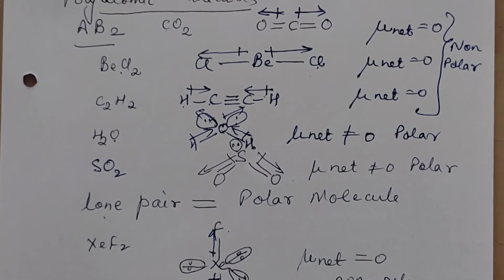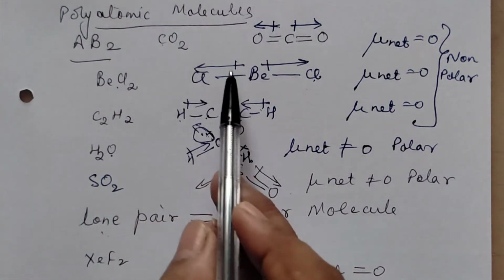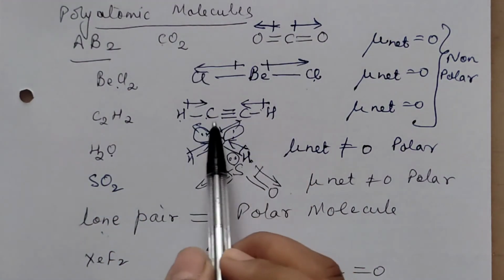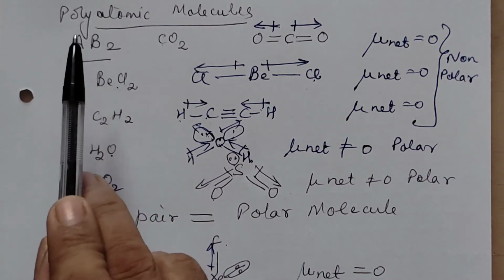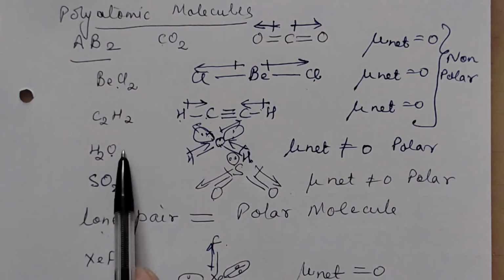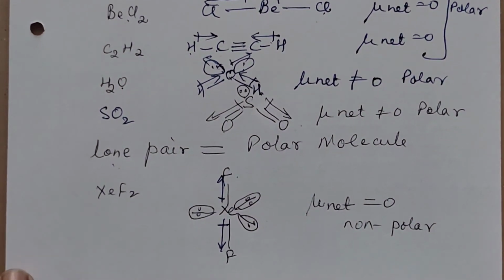Please make note of whatever we have discussed here. Among polyatomic molecules, we have considered many examples. When they are linear, the moments get cancelled, and these are non-polar. In this same category we have taken some polar and some non-polar. Water and the others are AB2 type only, one central atom and two surrounding atoms, but still water is polar because the lone pair is there. At the same time, there are certain examples where there is a lone pair but the molecule is non-polar. That depends upon the geometry. It is a linear molecule, XeF2, because it is linear, these are getting cancelled.